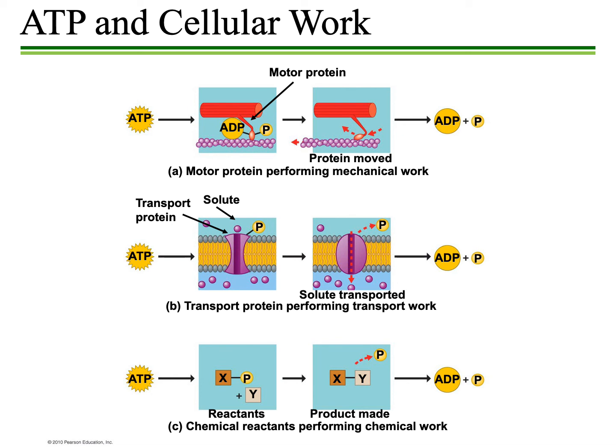In panel A, we're looking at mechanical work. So this might be a situation where you have a motor protein, again, like we talked about when we discussed the cytoskeleton, and movement taking place. It does require the input of ATP or energy to allow that movement to occur. So the energy associated with ATP gets transferred to the motor molecule in the form of the phosphate group from ATP being transferred